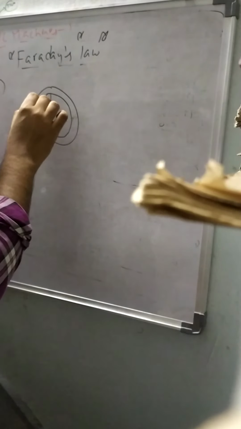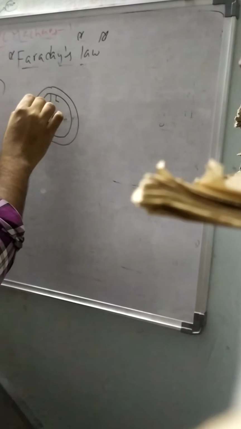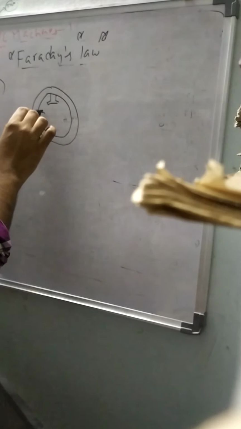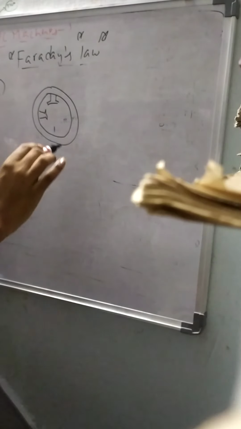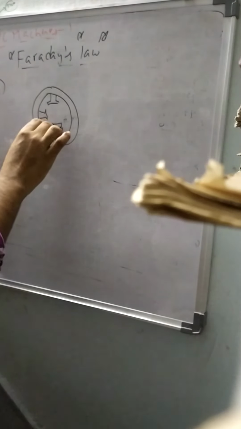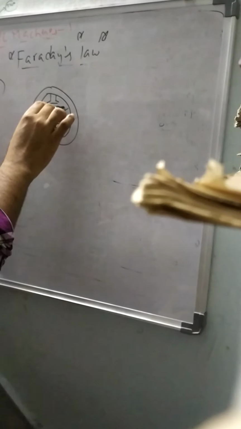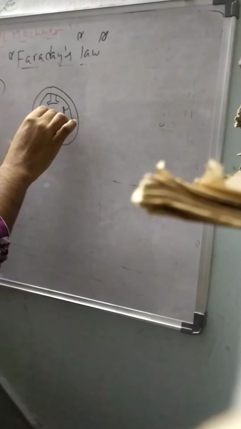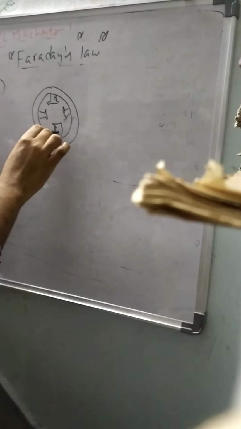So this is the yoke, a circular frame. In this yoke we can observe the poles fixed like this. These are the poles. I am taking just an example; I will draw the exact diagram later. These are the poles. So this is the north pole,